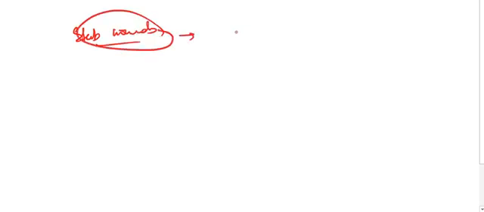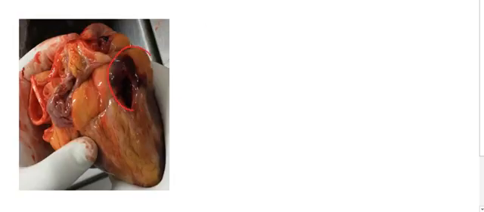So the stab wounds can be on vital areas directly. The stab wound can be on the heart, as shown in the picture. This was a stab wound over the heart, the anterolateral wall of the heart, and that was caused by a single edge weapon as examined. So stab wounds can be caused on the heart,